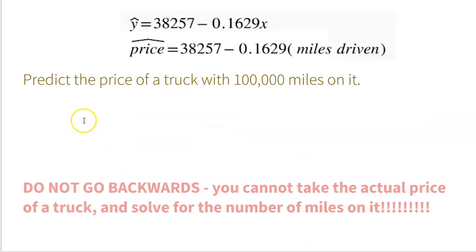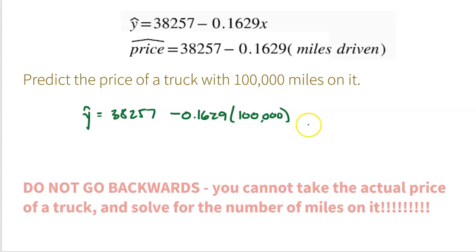So all I'm going to do here is I'm going to take my Y hat, my predicted price, 38,257 minus 0.1629 times 100,000. Grab a calculator. Definitely don't want to do that by hand. 38,257 minus 0.1629. Yes, I am using my calculator right now live in front of you because I don't want to mess this up. And I get a predicted price of